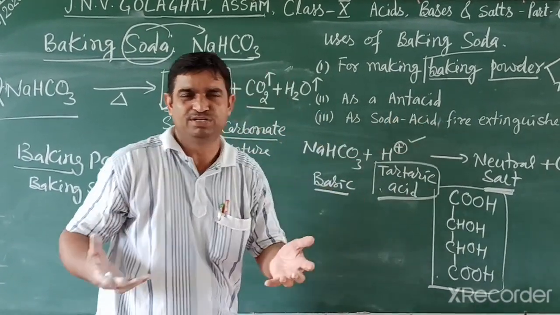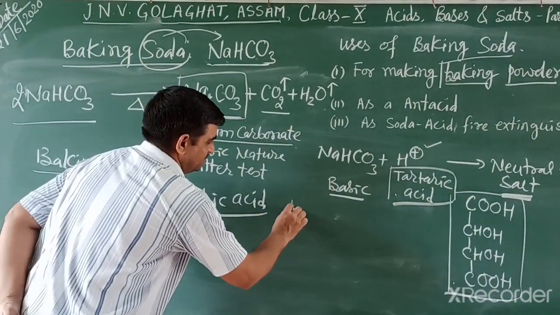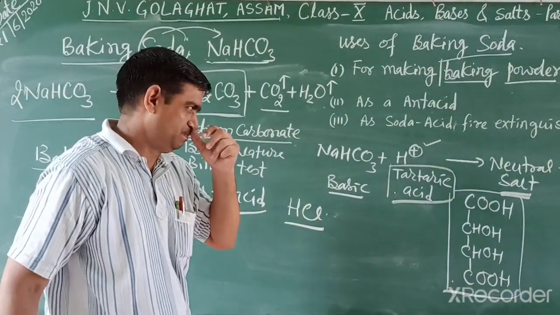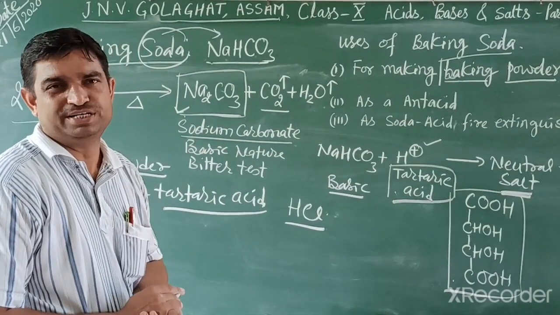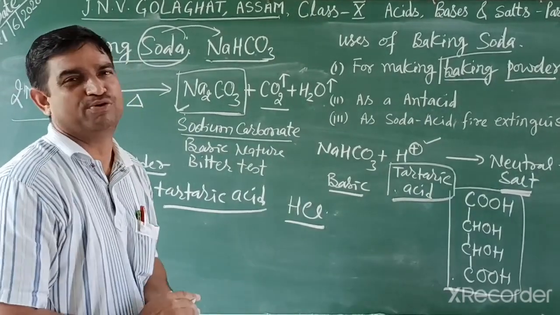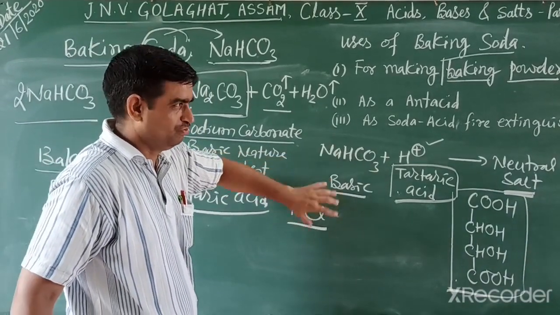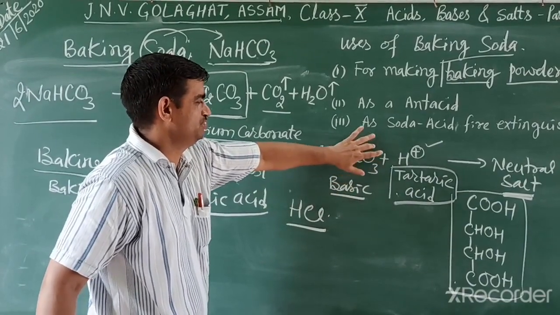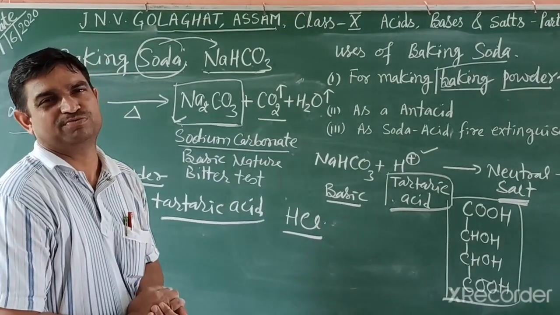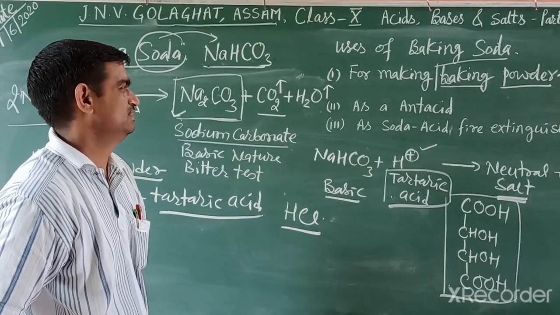Antacid, because we know that gastric juice is released in our stomach and contains HCl, which is required for digestion of food. Sometimes due to overeating acidity occurs. Or when we drink too much tea and don't take food on time, some people get acidity. To remove this acidity we use baking soda, but that is not a permanent cure. These days we use other chemicals for removing acidity.